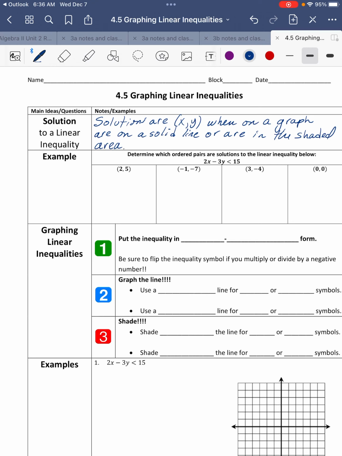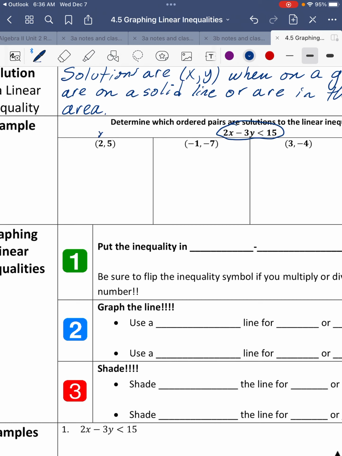When it comes to an ordered pair from the inequality, we substitute them in for the coordinate x